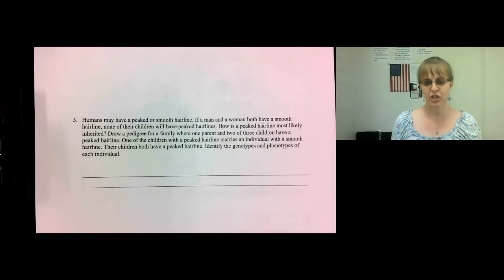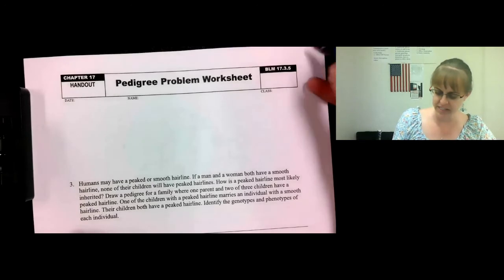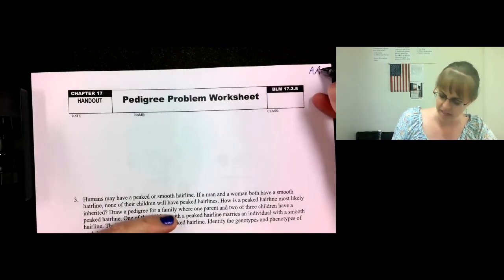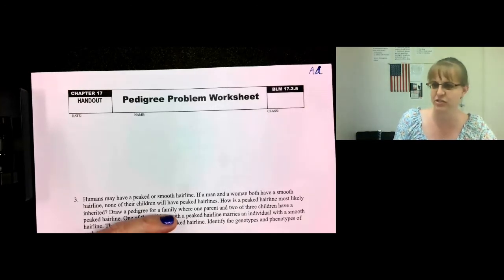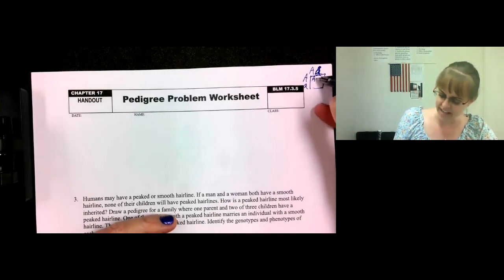Number 3, humans may have a peaked or smooth hairline. If a man and a woman both have a smooth hairline, none of their children will have peaked hairlines. How is a peaked hairline most likely inherited? Okay, well, if it was a dominant gene, then they could be heterozygous. So I'm just using the letter A. So capital A, lower a. And in that case,